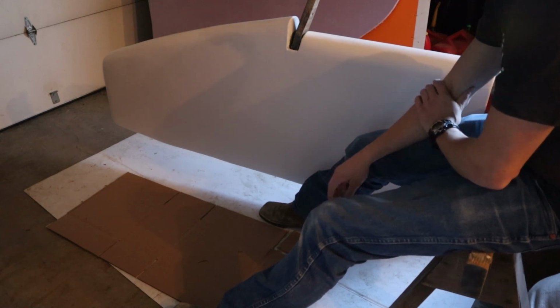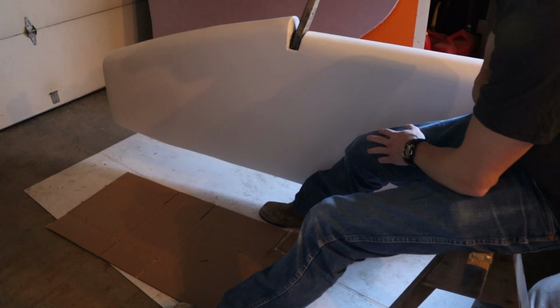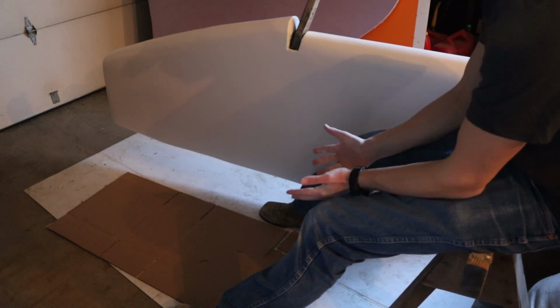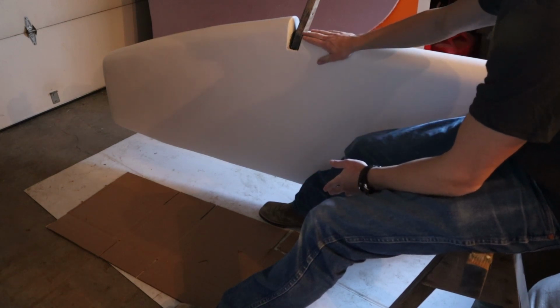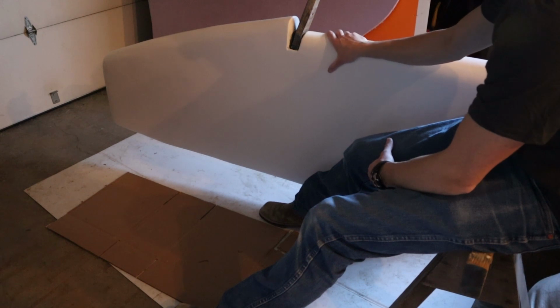So yeah, this is the rudder. It'll sit here for another day or two where it's a little bit warmer in the garage versus outside, just to fully cure. It's dry to the touch. I think it needs probably a couple more days, and then we'll try to install it hopefully this weekend, probably Sunday, try to get it installed into the boat,